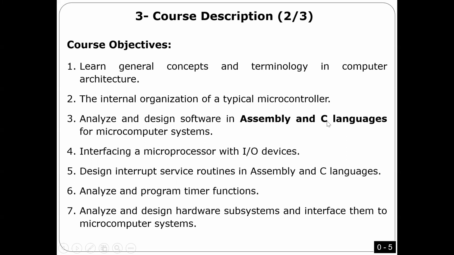We have here a number of input-output devices. What do you mean by input device and output device? Any device that the microprocessor reads data from is called an input, because this device inputs data to the microprocessor or microcontroller. Any device that receives data from the microcontroller is called output. If you look at this board, this display is an output device, because the microprocessor has to write something here. The segment display and the LEDs are outputs, and so on.